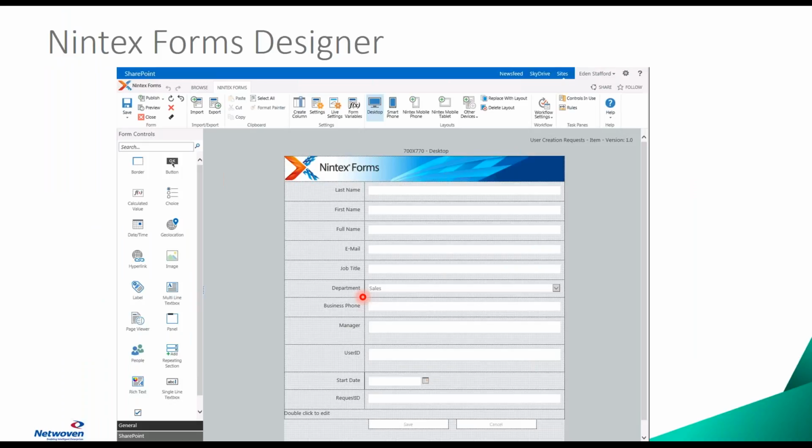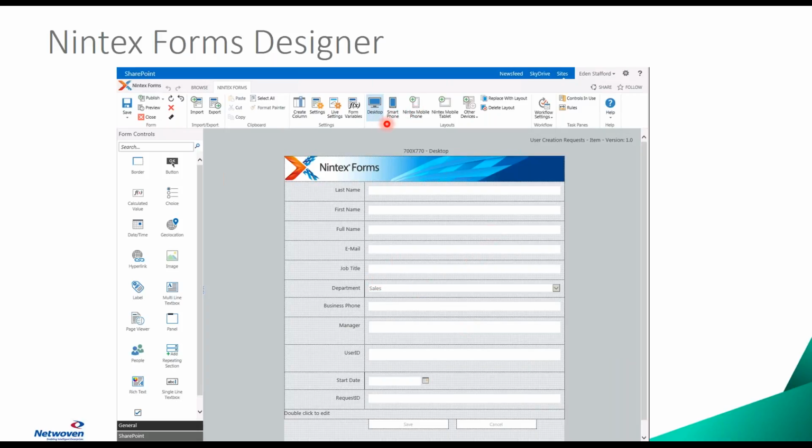So that's one of the things that we end up doing in this thing called the Form Designer that you're seeing on the screen right here. So we have all the different form controls on the left-hand side that we can drag and drop onto the surface over here. And one thing about Nintex, it'll auto-generate the first pass of your form. So it auto-lays out based on what you have in your SharePoint list. And then what you can do is you can move stuff around.